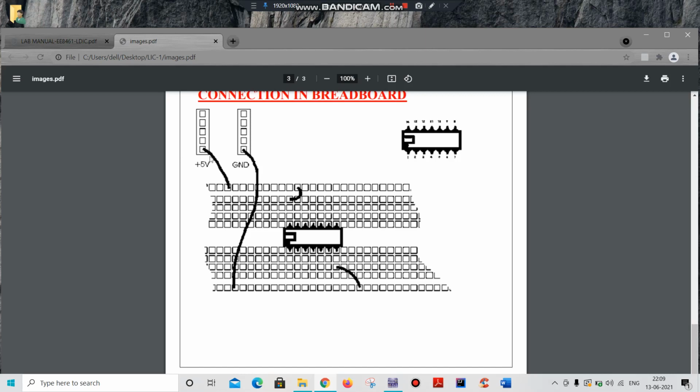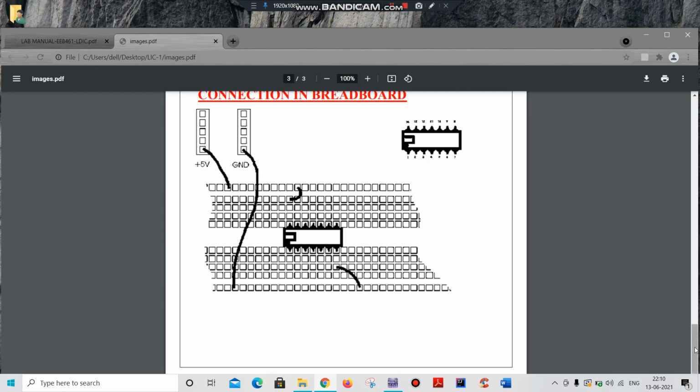Okay, so you need to give a supply for this IC. I gave a 5-volt supply in this row. This row is meant for supply, and just opposite we have the ground. So you need to give a supply for any component like this, and you need to ground any component like this. This is the connection manner in our breadboard.